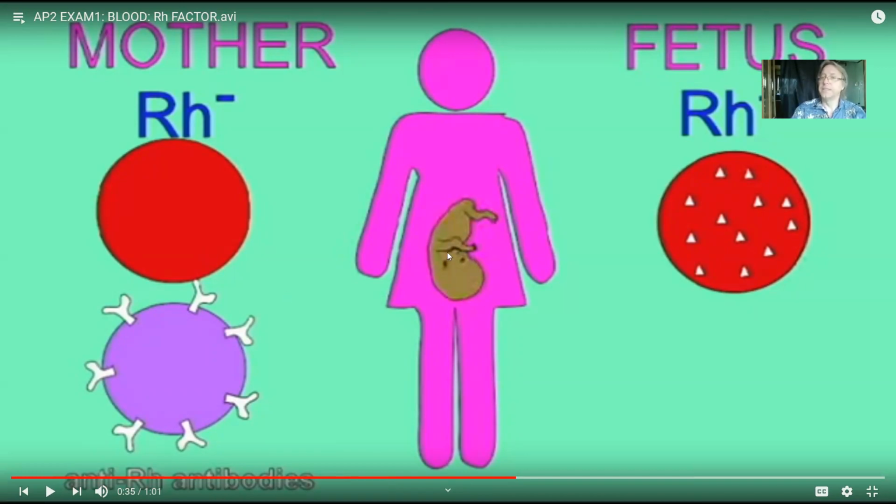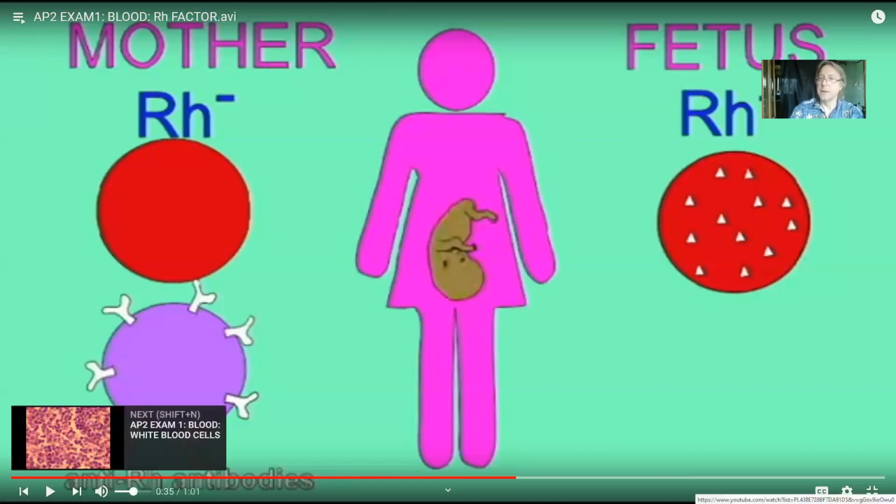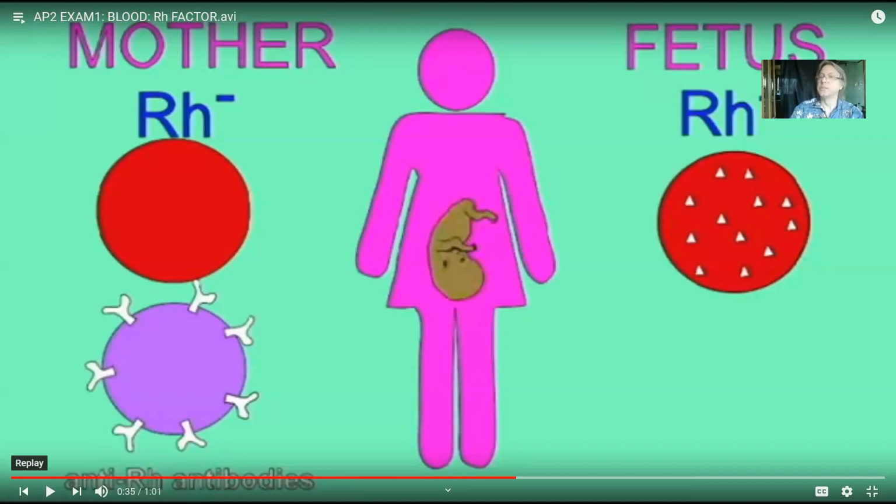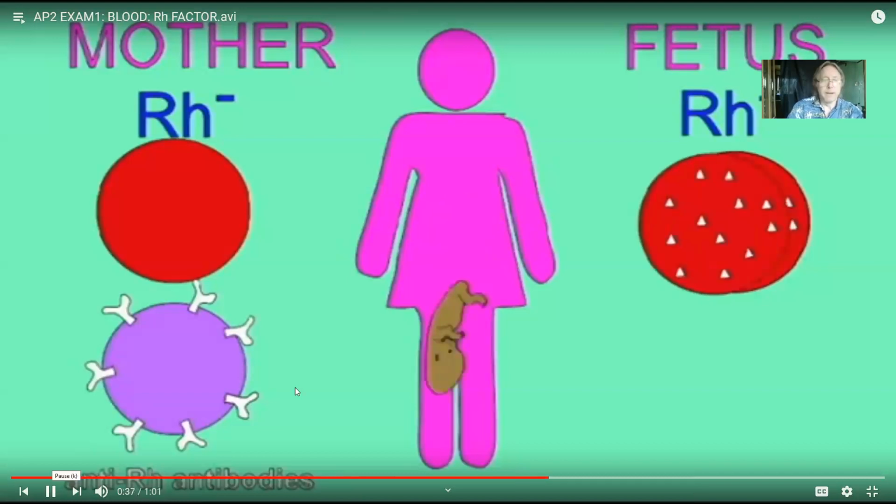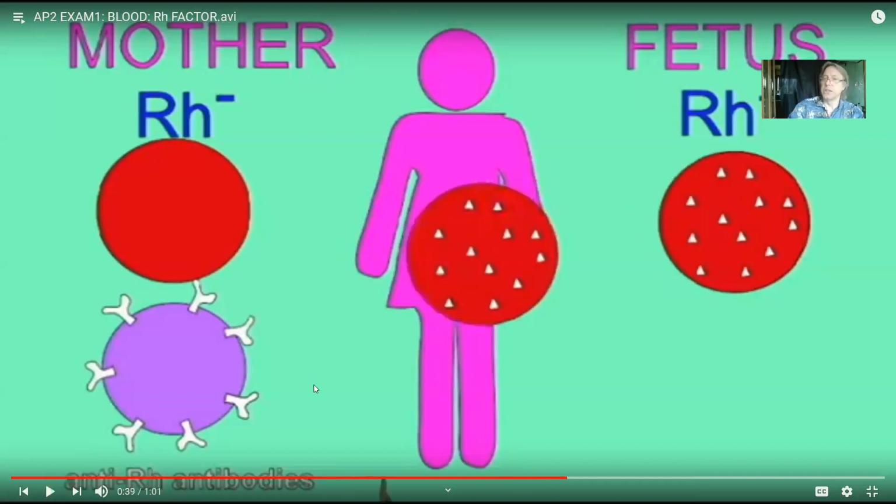Same thing here. If this fetus has white triangles because the father was Rh positive, this fetus is Rh positive. Could the mother make anti-Rh antibodies which cross the placenta and attack the fetus? Yes, she could. But if the mother has never been exposed to Rh positive blood, she's not before that first exposure. So this first pregnancy occurs normally. But during childbirth, blood is exchanged, the placenta tears,